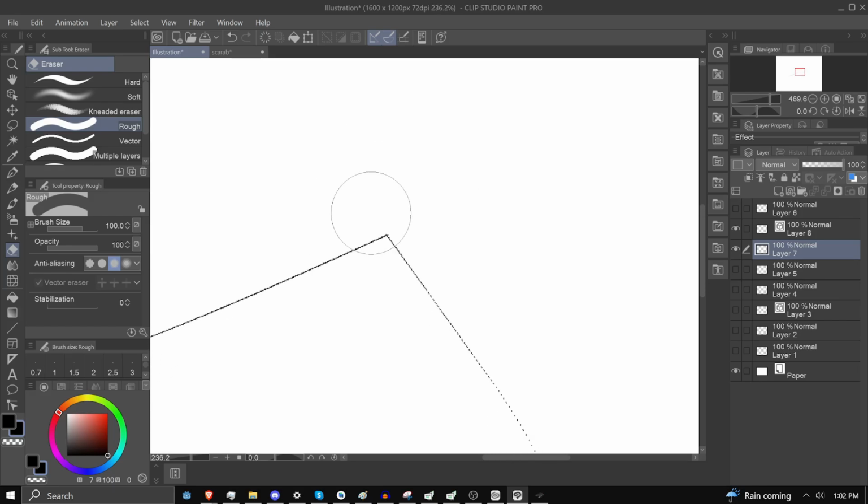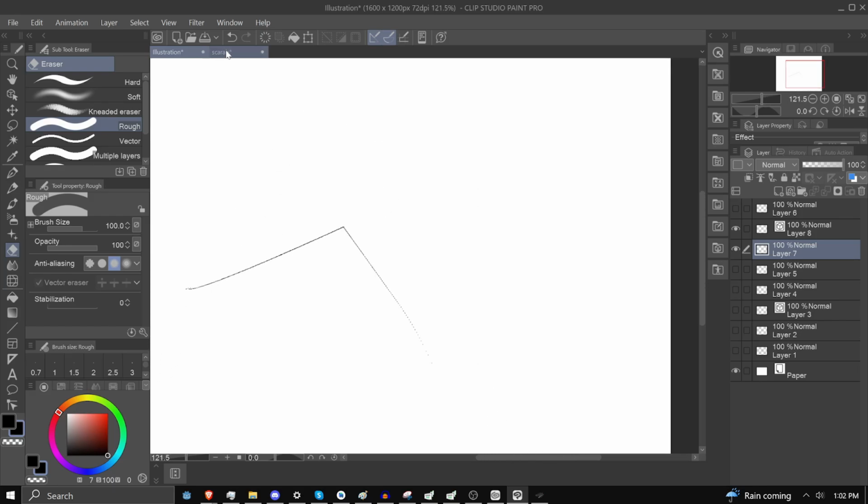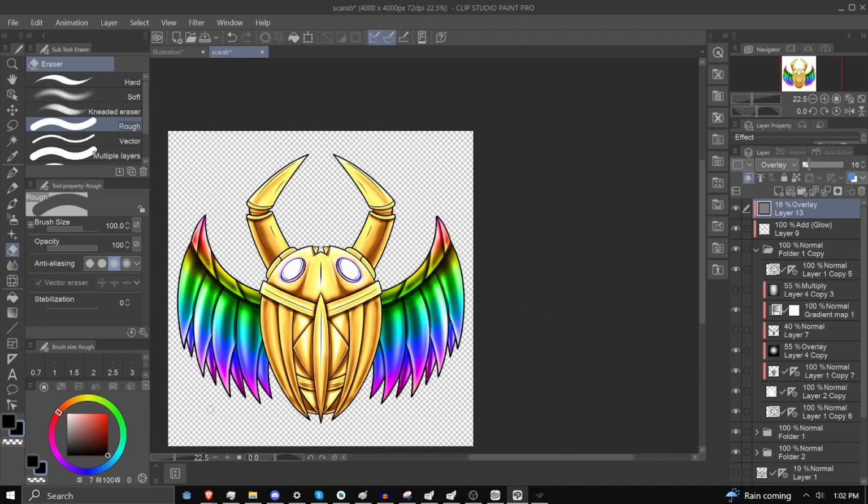And if you do this a million times for an illustration, like say every single one of the tips of the wings on the scarab here, the tips down here, the tips of the thing up here, it's going to be a lot of work. Work that you got to make sure that you do correctly and make it smooth. And it gets like surgery when you have to do this a million times and you have to do them